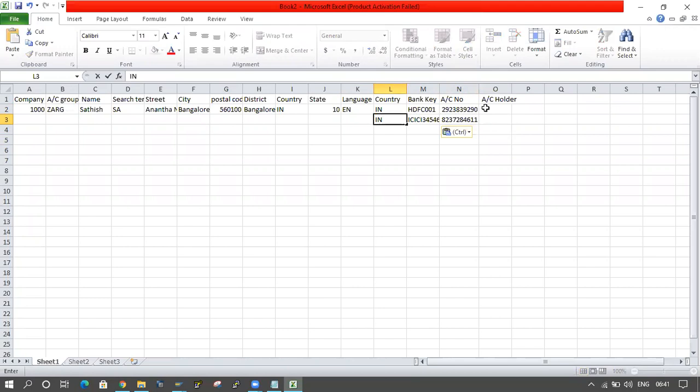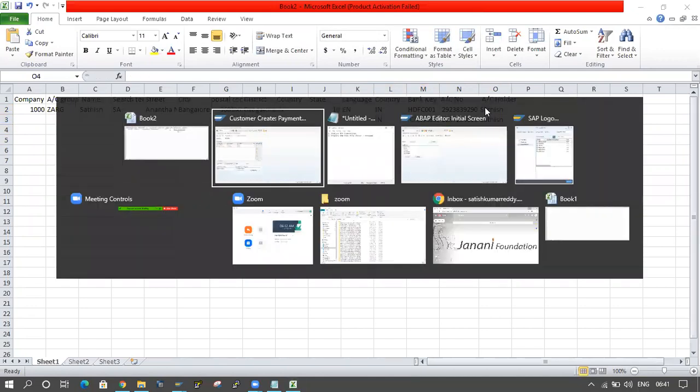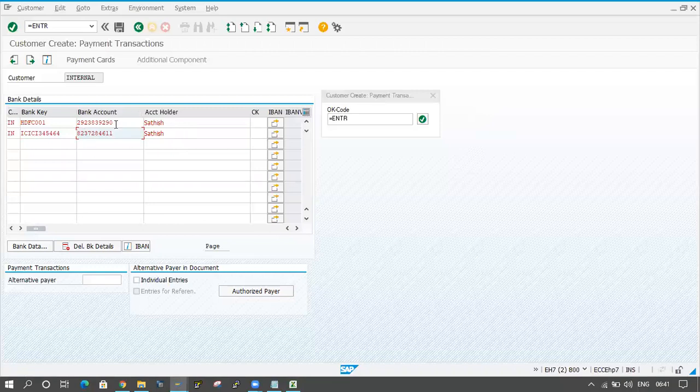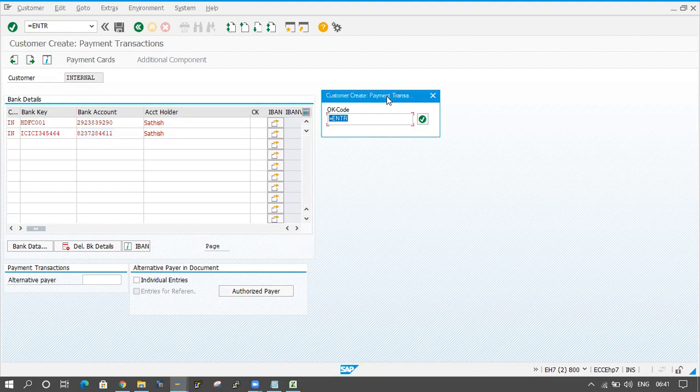For a single customer, I am maintaining two accounts. Whatever data they are entering, all the data I am maintaining in the Excel sheet. Fine. Click on the enter button.